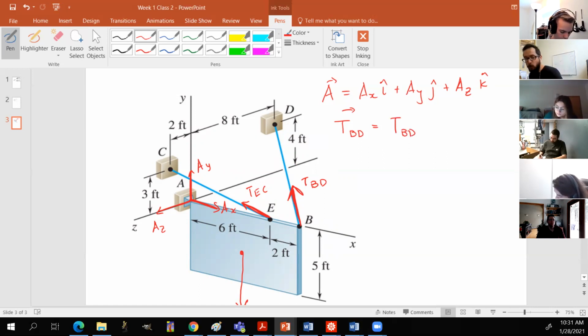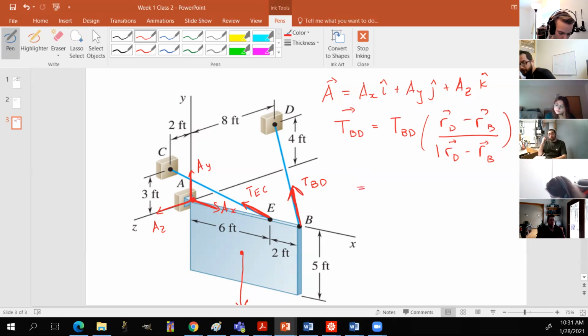So it's going to be the scalar quantity T_BD times the unit vector, the direction vector from going from point B to point D, right? And we know that the unit vector is nothing but the position vector, working about the origin. So r_D minus r_B divided by the magnitude of r_D minus r_B. Right? So that becomes equal to T_BD,